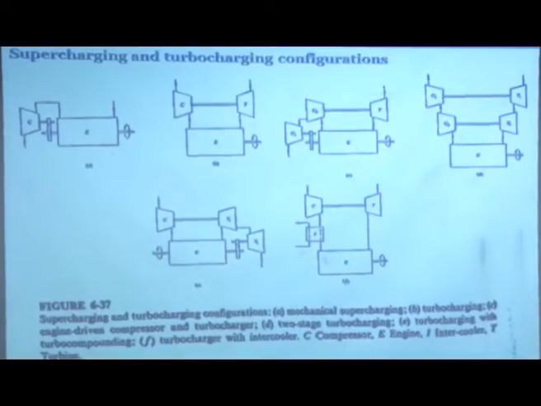Okay. And of course, what is this? Compressor and turbine, and here you have a heat exchanger. So, this is turbocharging with intercooling. Okay. So, these kinds of configurations are possible. Multi-stage turbocharging is done so that the turbine sizes and the compressor sizes are reasonably manageable. For large engines, the turbine could be really very big.